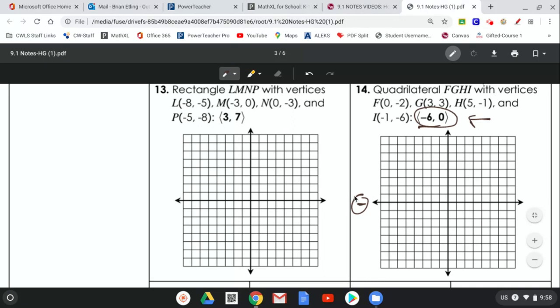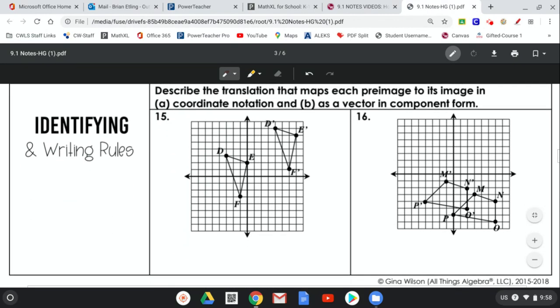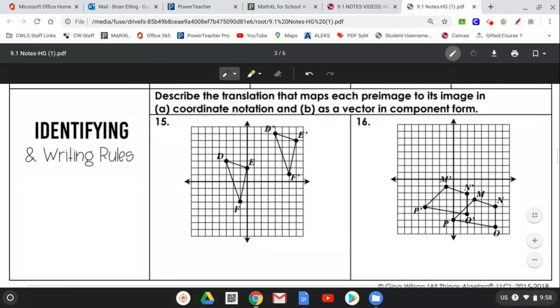All right. So for the last part, identifying and writing rules. For this one, they want us to use both coordinate notation and also vector and component form. So all we have to do, it's not too difficult. For part A, if I go from D to D prime, I'm going up 1, 2, 3, 4. That would be a +4. So kind of create that triangle going to +4. And then I'm going to the right